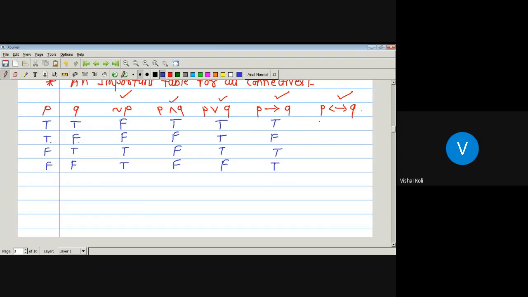Now the biconditional. Biconditional मध्ये काय होतं, 2 स्टेटमेंट जर असतील तर ते ट्रू कधी असतील, म्हणजे ते if and only if केल्यानंतर P कनेक्टिव्ह Q केल्यानंतर त्याची ट्रूथ व्हॅल्यू ही ट्रू कधी, जेव्हा P आणि Q च्या दोघांच्या ट्रूथ व्हॅल्यू सेम असतील, फॉल्स असू देत किंवा ट्रू असू देत, जर दोघांचेही सेम असतील तरच ट्रू, नाहीतर फॉल्स. पहिल्या पॉसिबिलिटी मध्ये P आणि Q दोघं ट्रू आहेत म्हणून हा ट्रू. सेकंड मध्ये P ट्रू आहे पण Q फॉल्स आहे म्हणून हा फॉल्स. थर्ड मध्ये P फॉल्स आहे, Q ट्रू आहे, अगेन फॉल्स. पण लास्ट मध्ये दोघंही फॉल्स आहेत, आणि बाय डेफिनेशन ऑफ बायकंडिशनल, दोघांच्या ट्रूथ व्हॅल्यू जर सेम असतील तर P बायकंडिशनल Q ची ट्रूथ व्हॅल्यू ट्रू असते.